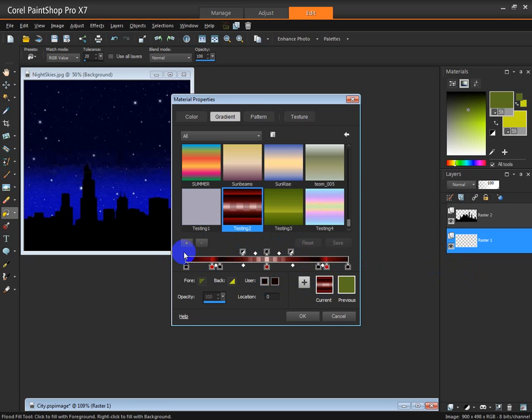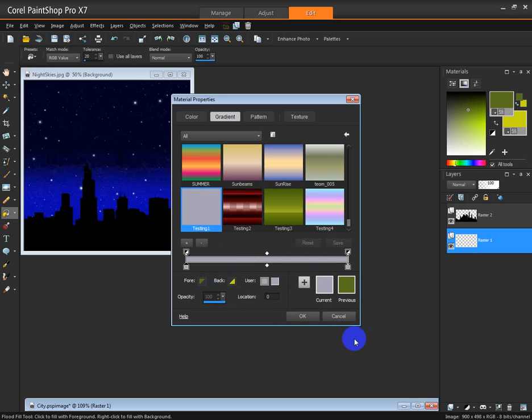So I've used my transparency markers, moved them from the outside edges into the area that I wish to have transparent, popped in a new marker, and then changed the opacity for that new marker to 25, and that's our end result. We can do lots and lots of wonderful things with our